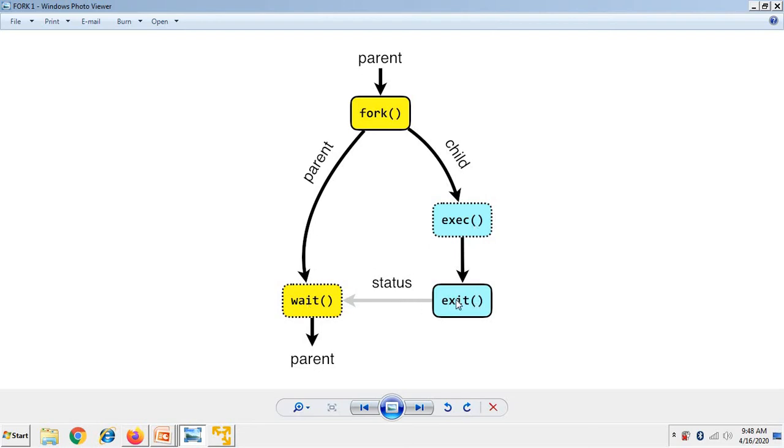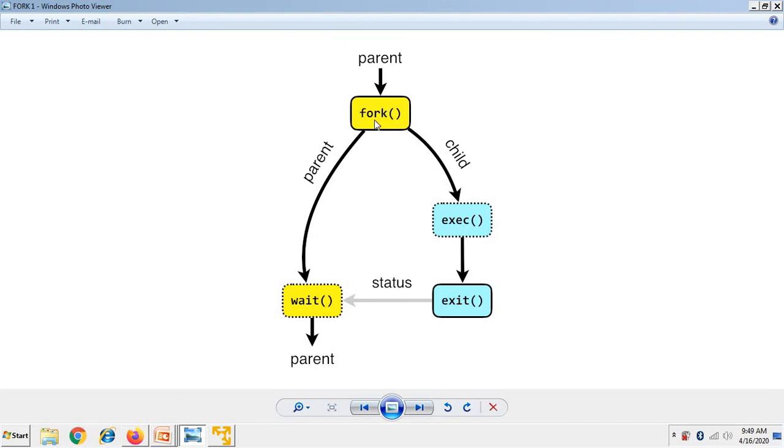When the child completes by using exit, its status is captured through the wait system call. The status indicates whether the child has exited normally, or due to some reason it has been interrupted. All those different statuses can be captured. And then after the child has completed its execution, the parent continues to execute whatever parent program it was executing previously.